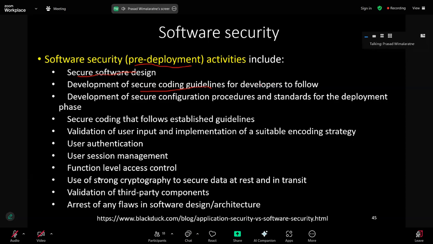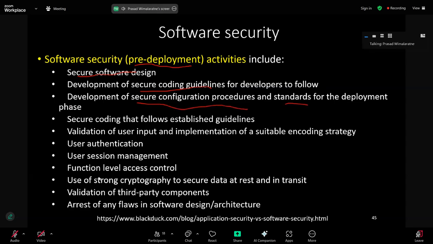They don't just code, they follow the approach called defensive coding, or they follow security guidelines in coding their software. So that will lead to relatively more secure code actually. And then another example is development of secure configuration procedures